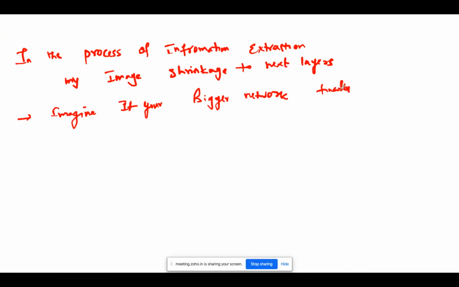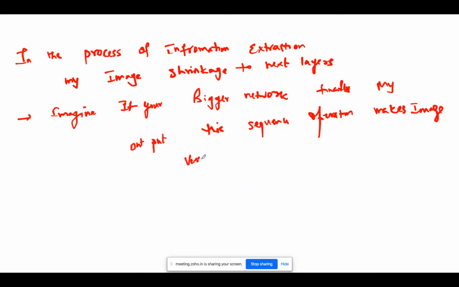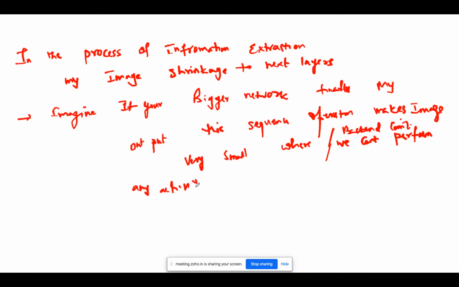Finally, the output of this sequence of operations makes the image very small, where our backend cannot perform any activity on it.